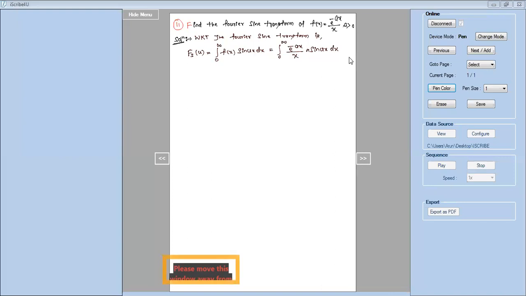But how to integrate? This is the question here. What is the method we can apply? If I didn't have this x in the denominator, and had only the numerator e^(-ax) sin(ux), I know the formula; it looks like e^(ax) sin(bx). We can apply that formula and integrate. But because of this division by x, I cannot apply that formula.